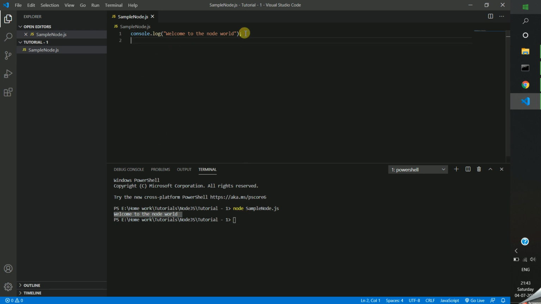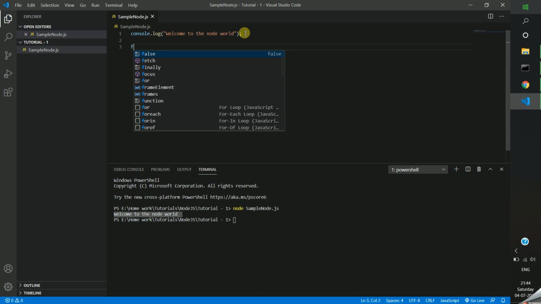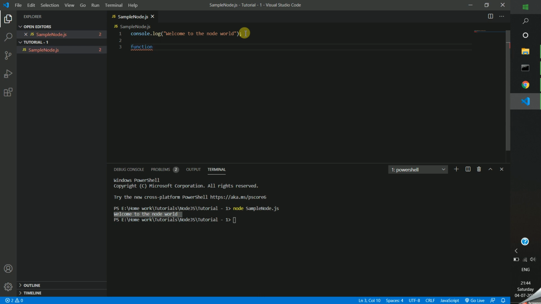So here you can write more code. For example, I am creating one function, just calling it add. It is going to have two parameters, maybe a comma b. It is going to log a plus b.